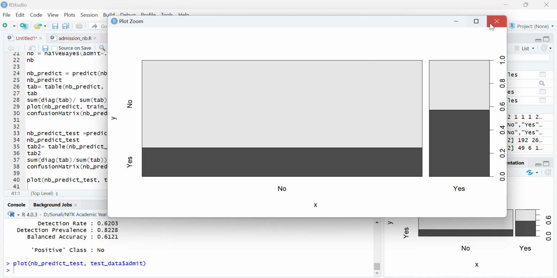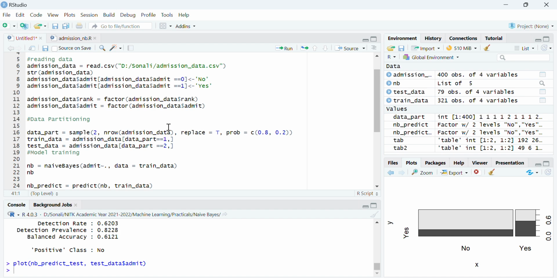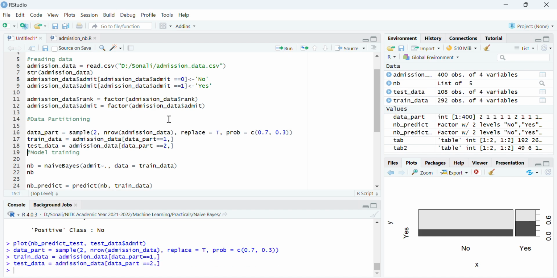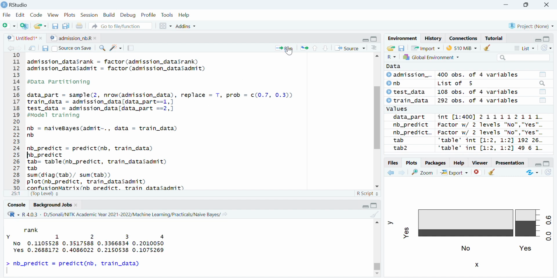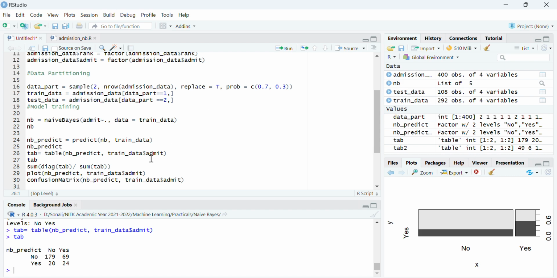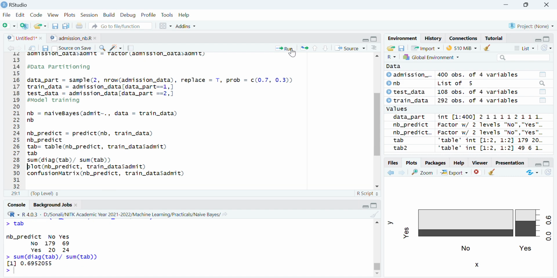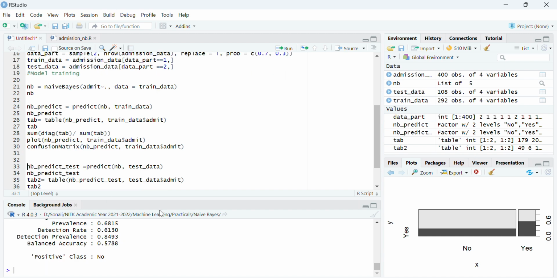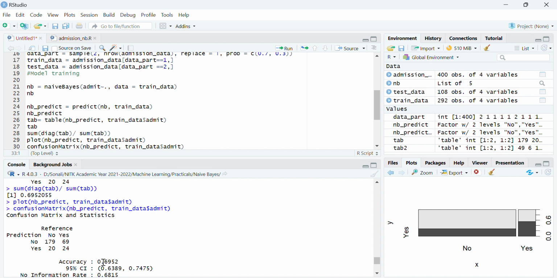Fine. Now here, if you are not satisfied with the accuracy, how you can fine tune your model is that you can first change the ratio of training and testing. Sometimes we feel that more training is good, but it is not actually so. It may lead to an overfitted curve. So let us say 0.7, that is 70% training and 30% testing. So let us recreate the model with the new set, and let's see how much accuracy we are getting in this case. Okay, so when I am changing, I am getting the accuracy 69%.